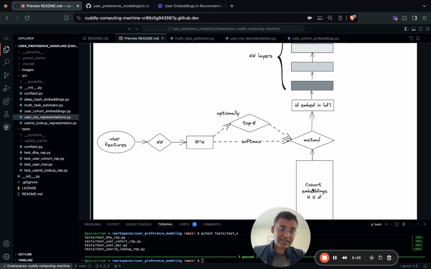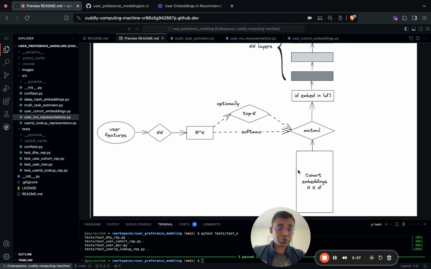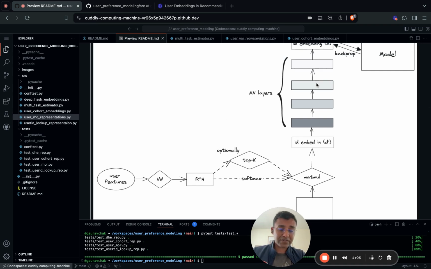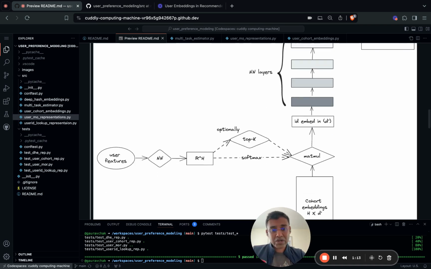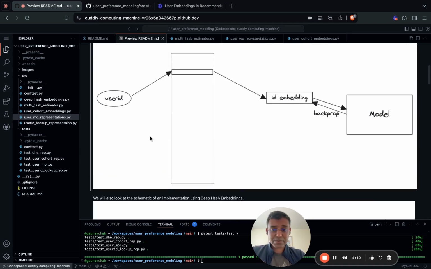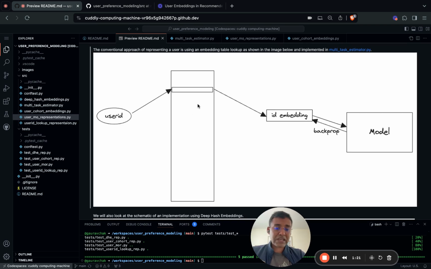this cohort addressing layer, which essentially says which of these cohort embeddings to pick, and we do that through either softmax matmul or topk matmul, and then we go through the stack of layers and use that. Now we are at the point where we're going to mix two things together. One is a general approach based on user features, not the user ID, and a specific approach based on the user ID. And if you recall, our motivation here is